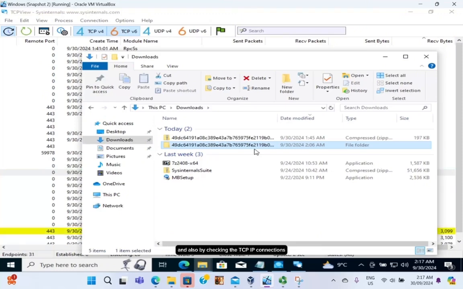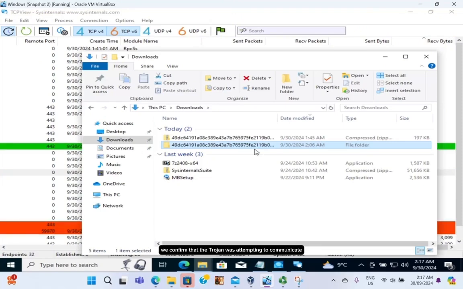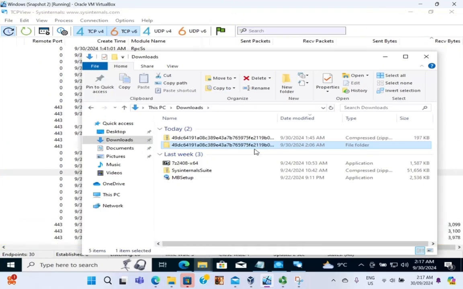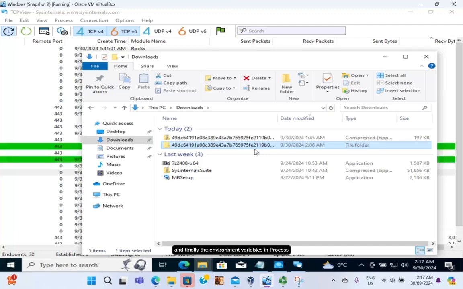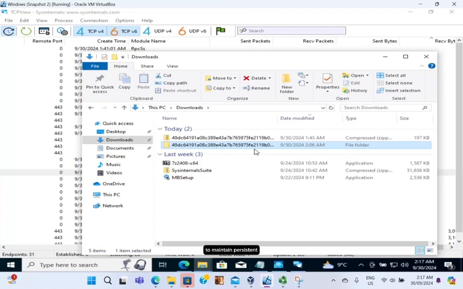And also by checking the TCP/IP connections, we confirmed that the Trojan was attempting to communicate with an external server, likely to either exfiltrate data or receive instructions. And finally, the environment variables in Process Explorer gave us insight into how the process was embedding itself into the system to maintain persistence. So these steps demonstrate the power of Process Explorer and TCPView for deeper